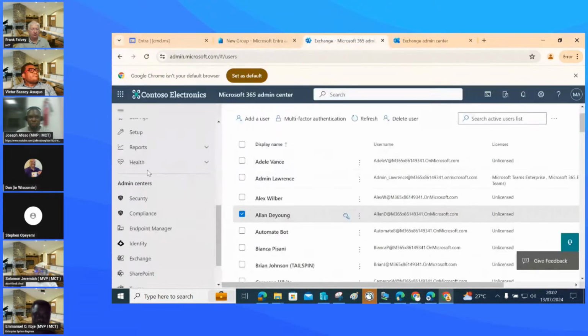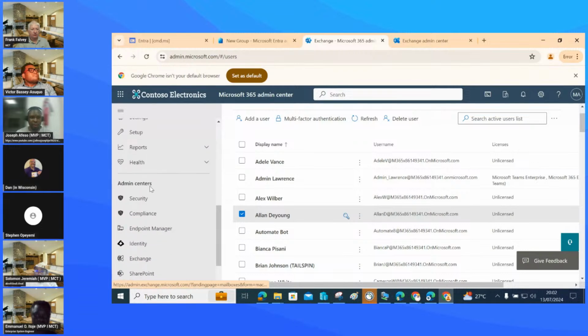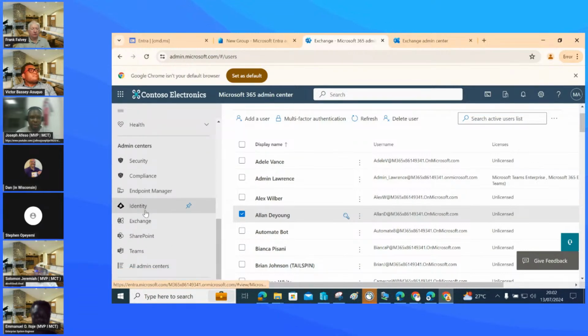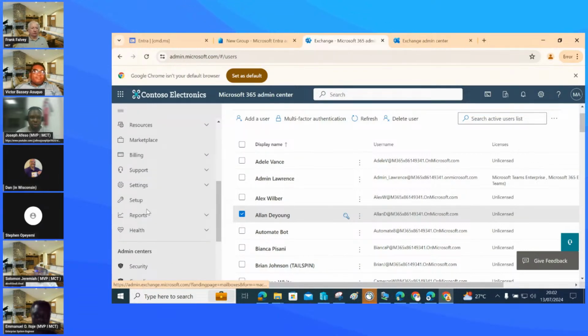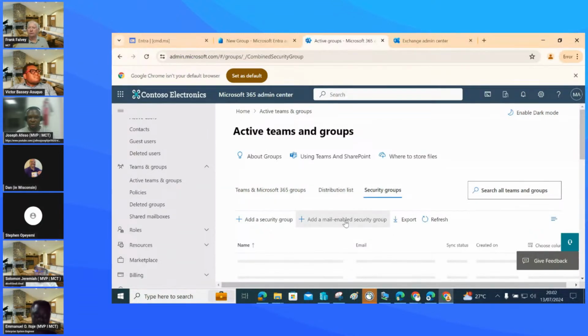Remember, if you want to do a very straight comparison, you can put them side by side and you'll be able to see them. So it's until you do them this way, you may not notice those differences. So I'm just going to come here. So you look at it. So we have security group there, and we do not have mail enabled security group, but we have this one